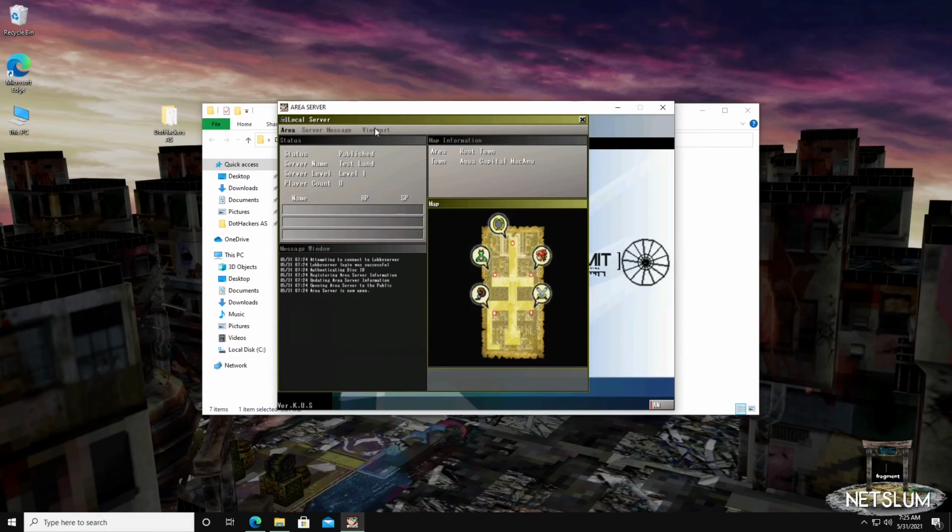Viewpoint is an interesting thing, which I won't cover in this video. That's almost a separate thing on its own. But the gist is, you know that when you boot up Frägment, you have the three options. You have offline, online, area server. When you go down to area server and you put the IP address for your area server or the computer that is running the area server,